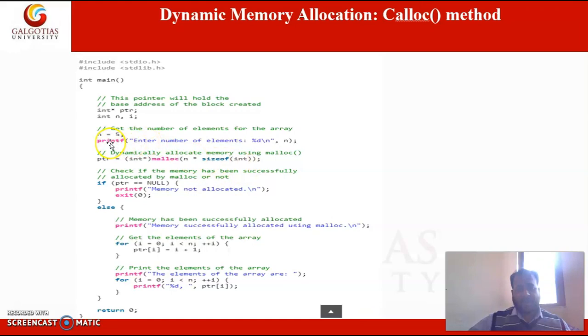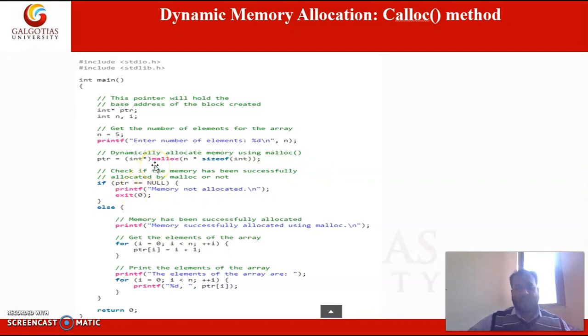Suppose n is 5, then it will allocate size of int for the 5 elements. If int takes 4 bytes, then it will allocate 5 into 4, that is 20. And in the next if statement we have checked the condition.